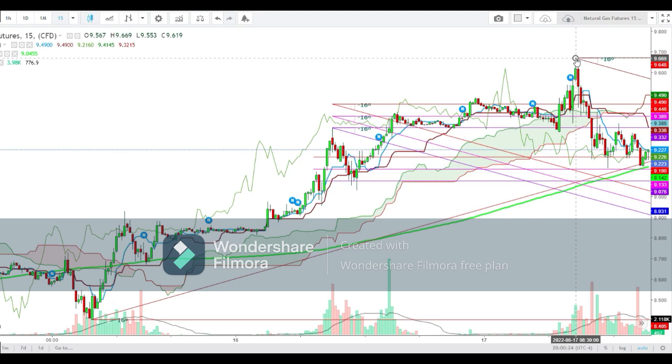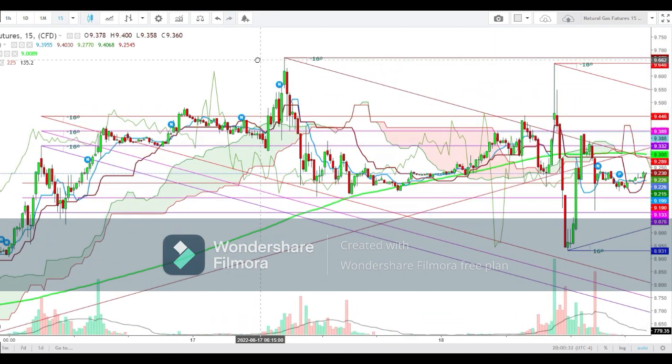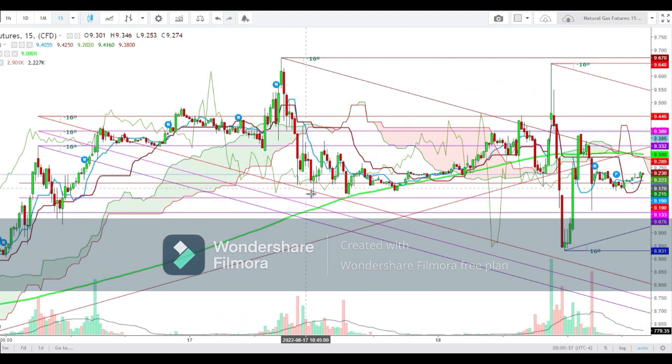So friends, this is the level where the natural gas futures found stiff resistance once again, and from here the natural gas futures started to continue downward and found some base here at 9.148. And once again the natural gas futures tried to hit this level but could not go beyond the levels of 9.648 on August 18th, and from here a sharp sell-off was seen in natural gas futures that dragged the natural gas prices back down to the levels of